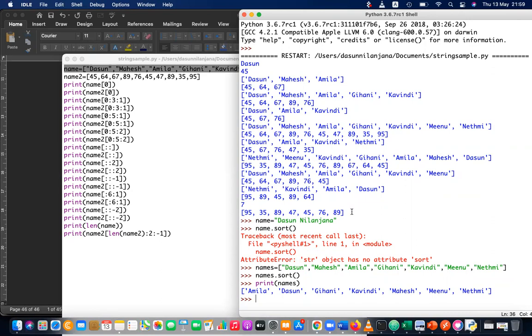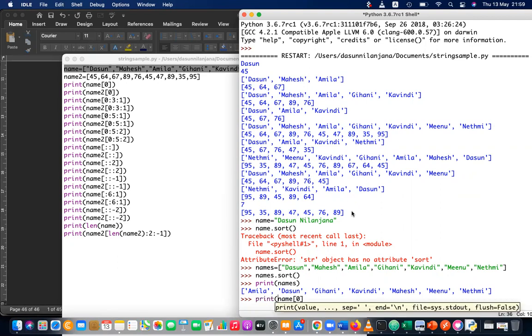Strings cannot be sorted because a string is immutable. Immutable means it's read only, you can't change it. Another thing: if I say name 0, you can print it, no matter.